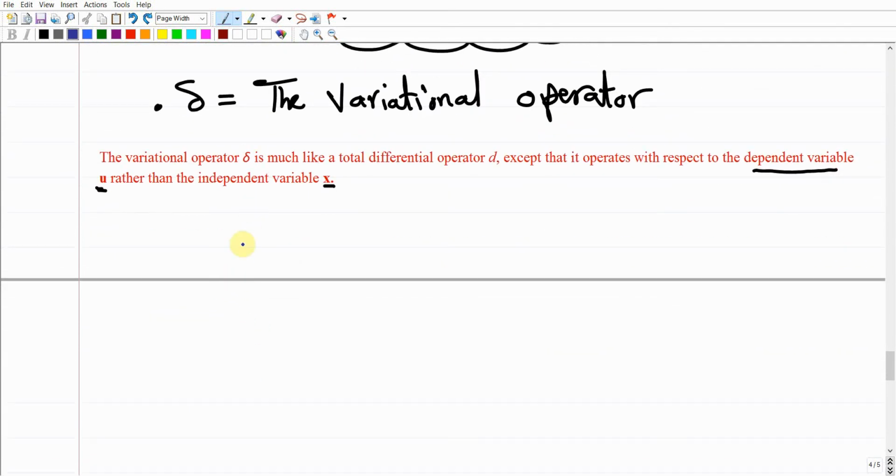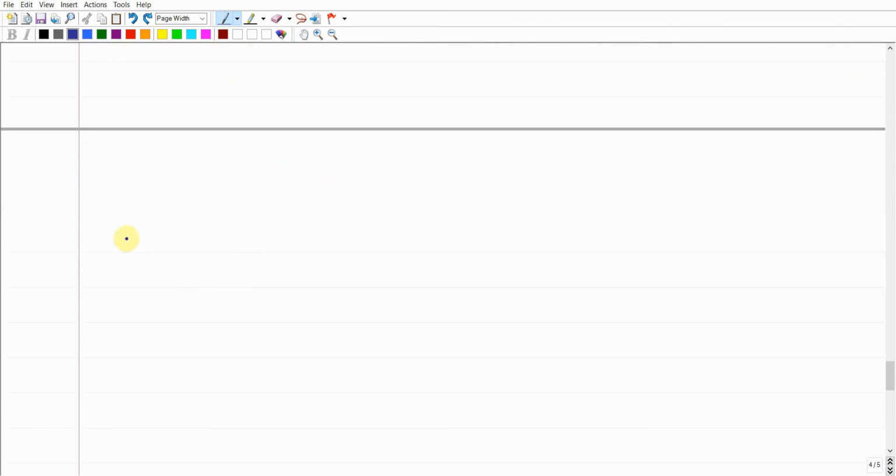Now I'm just going to show you how we can do this. Since we are interested in finding the first variation, this is only the first variation. The second variation is going to be the delta square of Pi, and it should be bigger than 0. This is the sufficient condition. But anyway, forget about these details. The variational operator delta, or the first variation of Pi, which is the potential energy, should equal